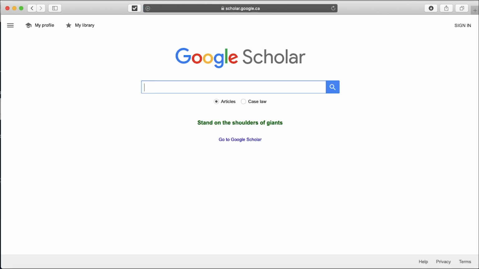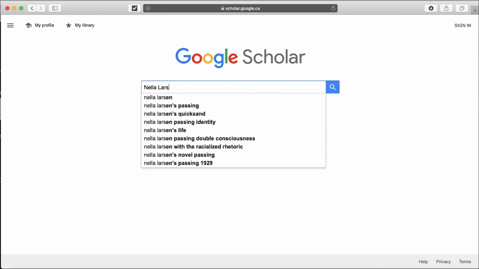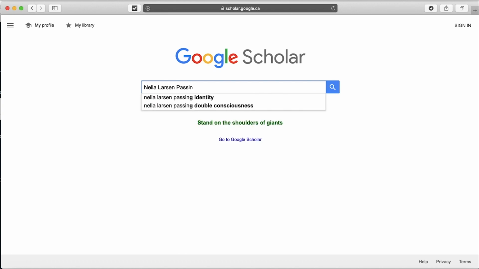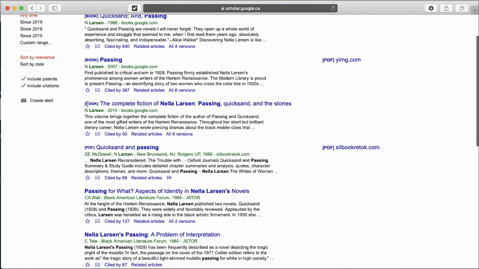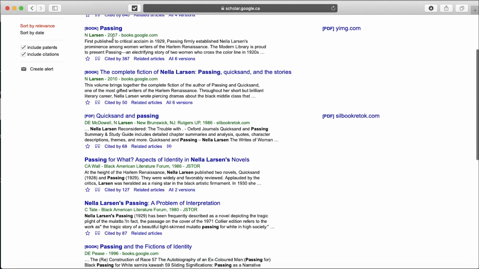scholar.google.com and do the same kind of search. Nella Larsen passing. So even when we go on Google Scholar, we still find some results that may not be what we're looking for. So in the case of this search, we see things like other books written by Nella Larsen, including Passing,